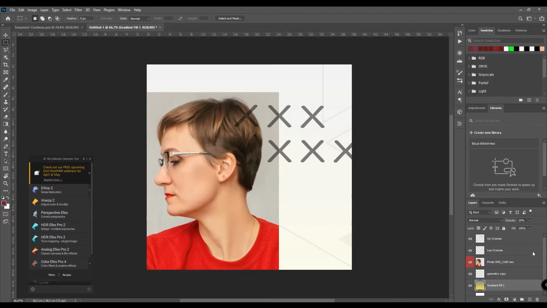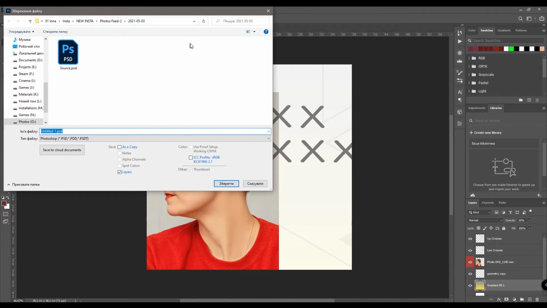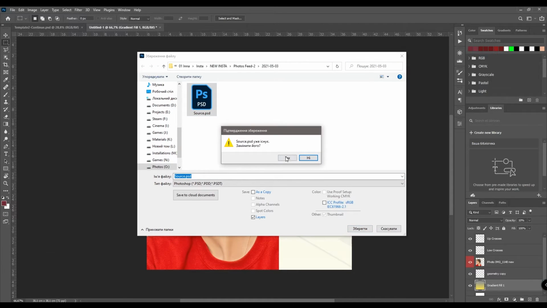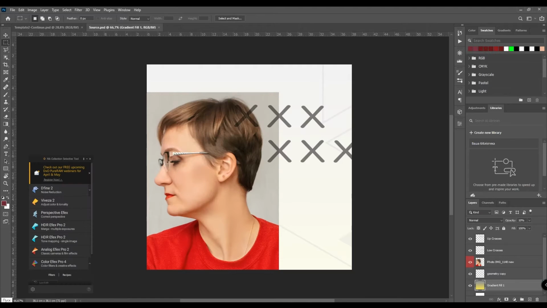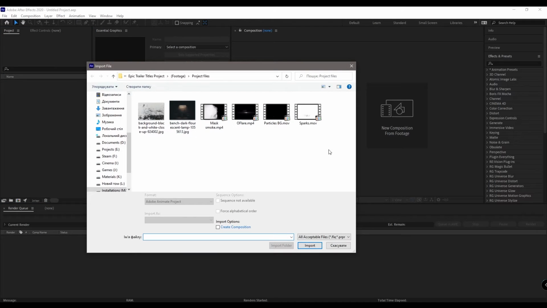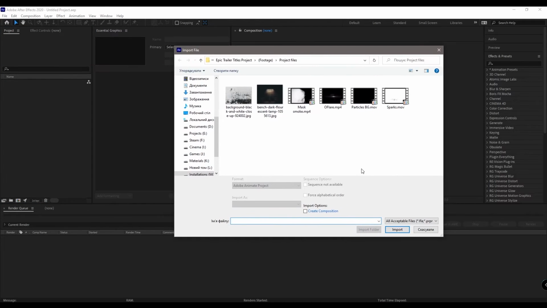Let's save the file. I already have one. Let's replace it and let's jump into Adobe After Effects. So let's create a new project. Import here some magic